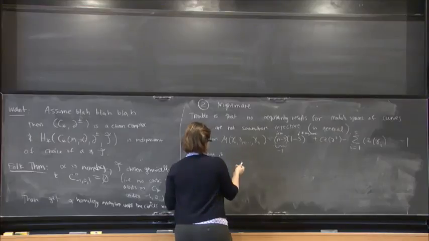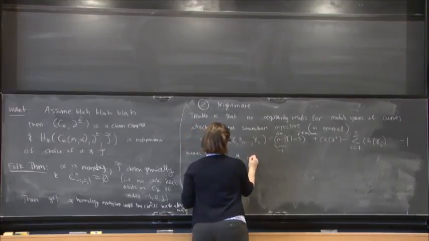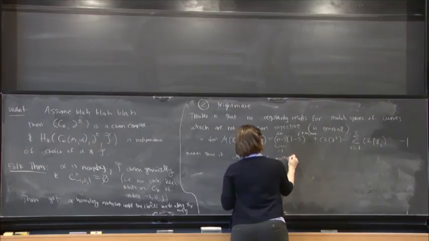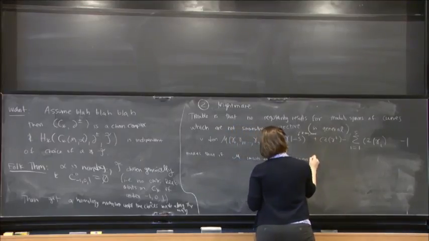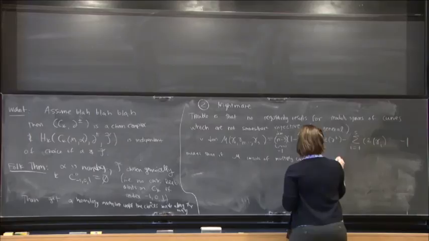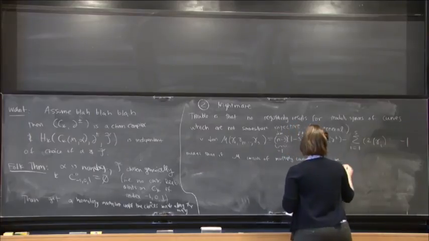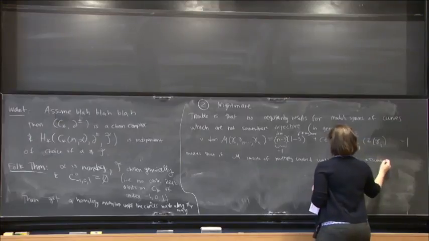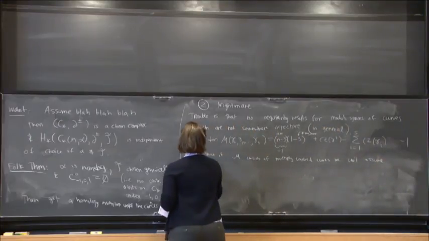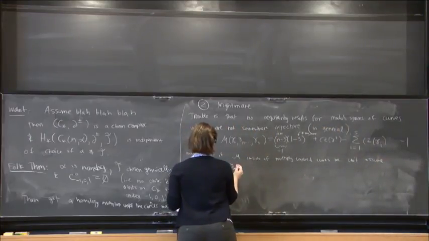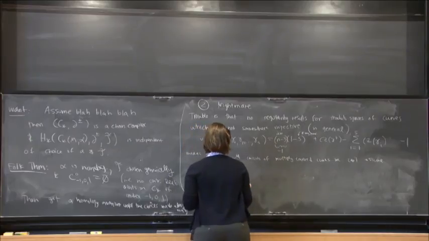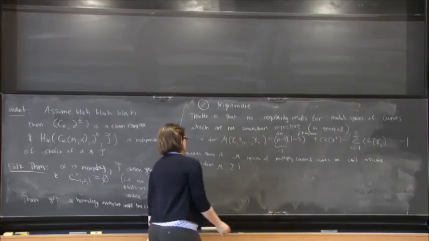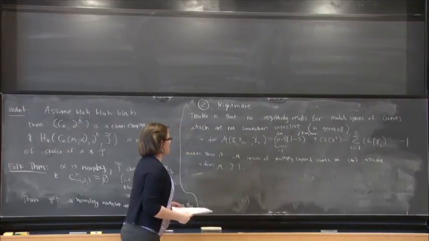And so this means that if M consists of multiply covered curves, we can't assume that the virtual dimension of M is greater than 1, or greater than or equal to 1. Okay, and the reason why this is a problem is because,